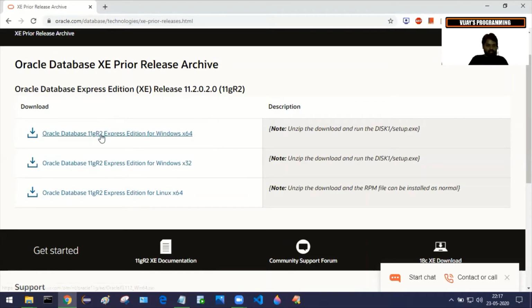In my case, that is 64-bit. If your system is 64-bit, you can download either the 64-bit or 32-bit. Okay, and if your system is running on Linux, you need to download this file. So I'm just clicking on the first link.